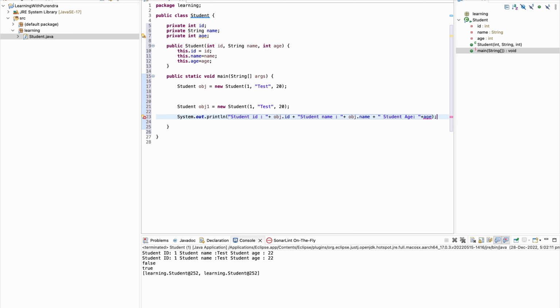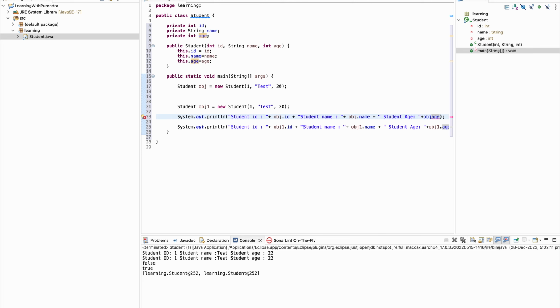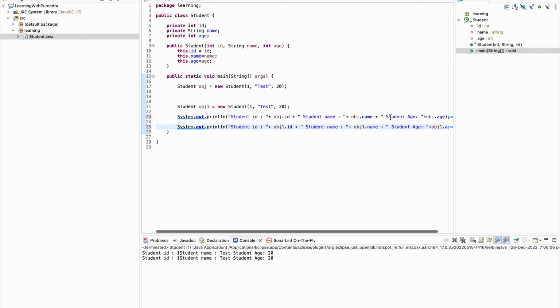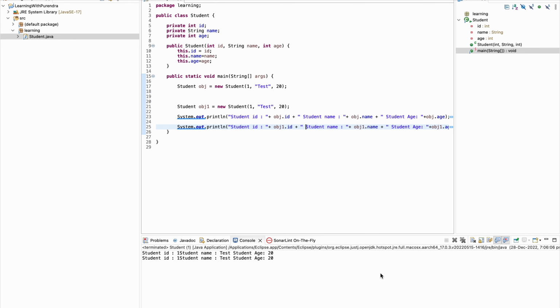I'm just copying and pasting it for the other Student object. Sorry, I forgot to add the reference of that object. Now let me run it and check that my program is working. Yes, student id is 1, student name is test, student age is 20. Perfect, so the program is working fine till now.